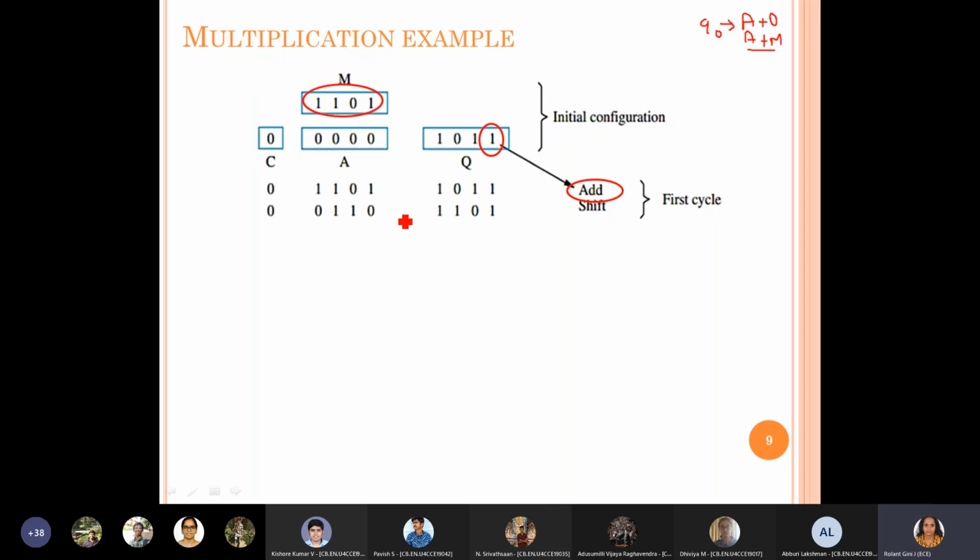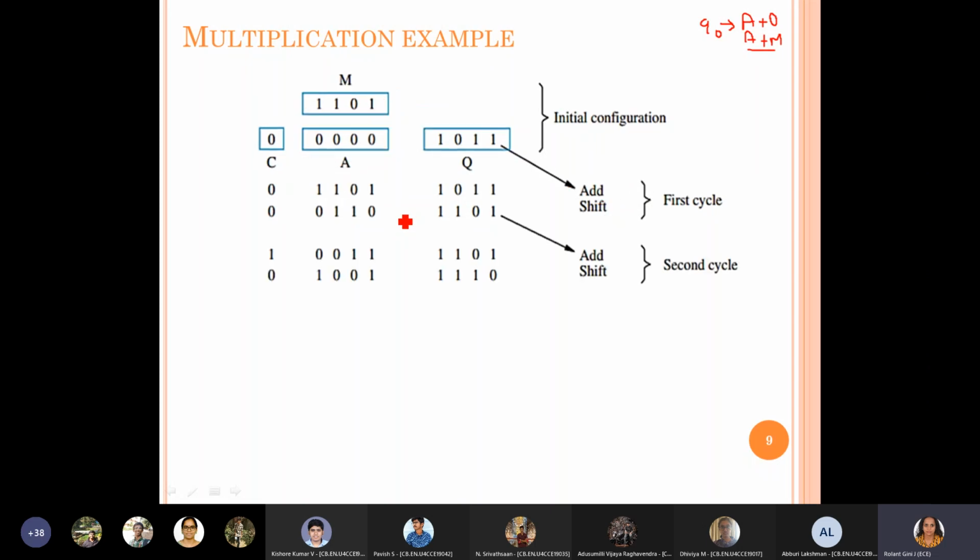So the first operation is addition: A and M are added, and the result in the first cycle is 1 1 0 1. Then it is shift, and in the second cycle again the first operation is addition.